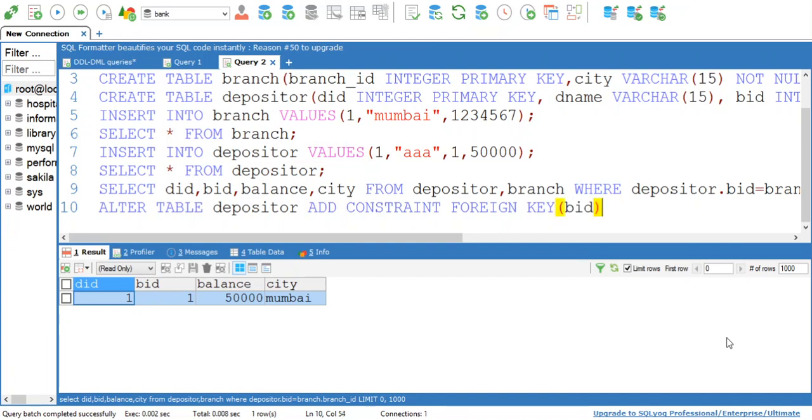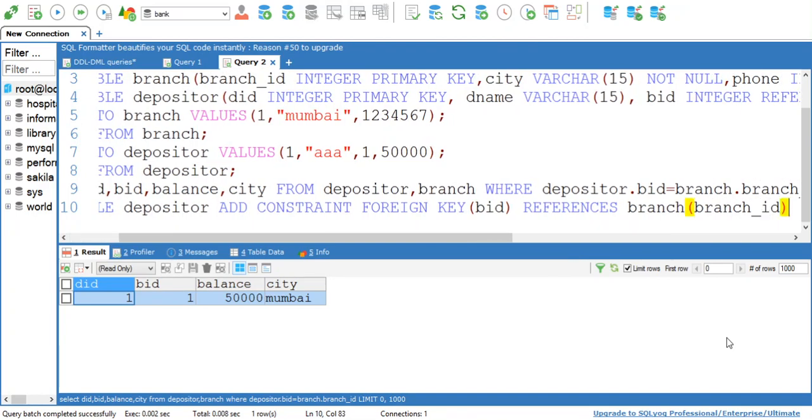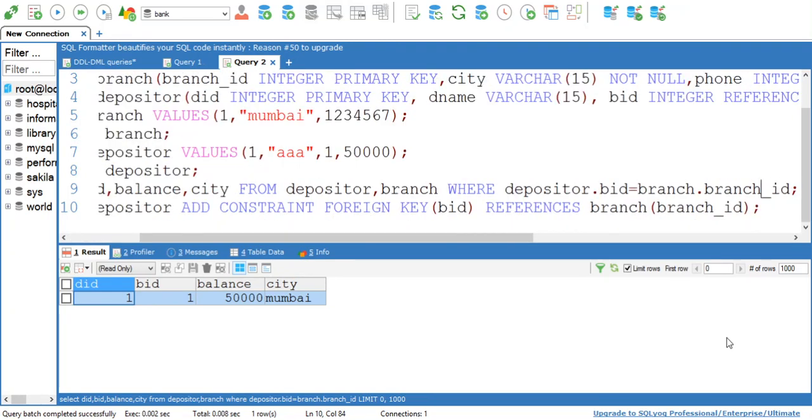On the BID attribute you want to apply the foreign key constraint, and then write references branch ID. So this is how you can apply a foreign key constraint after table creation by using the alter table command.